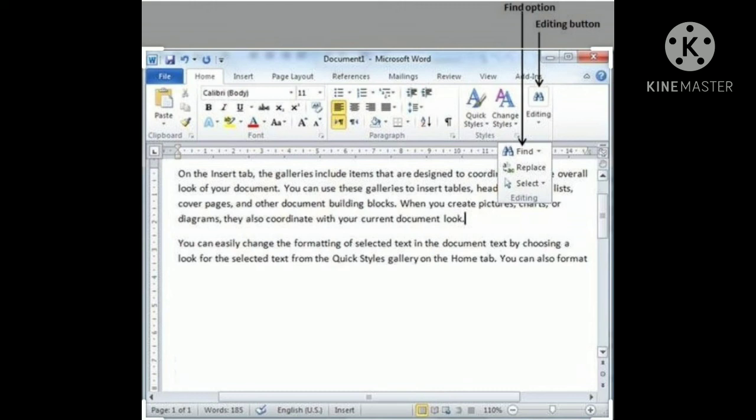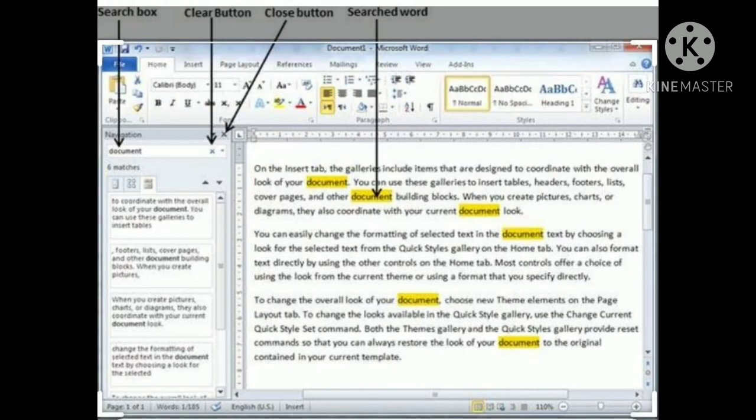First, click the Home tab. Second, click the Find option in the Editing group. The Find feature opens up on the left pane of the Word document area. Third, you can type in any text in the text box at the top of the pane and search. The search items get highlighted.